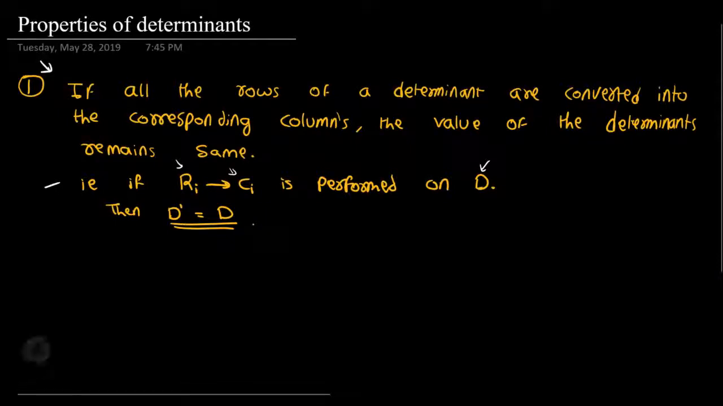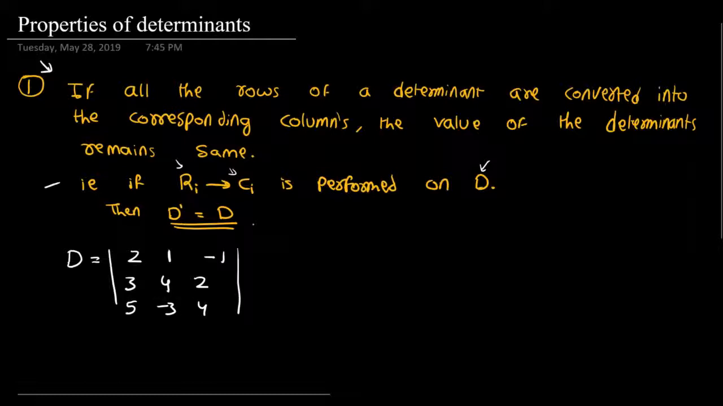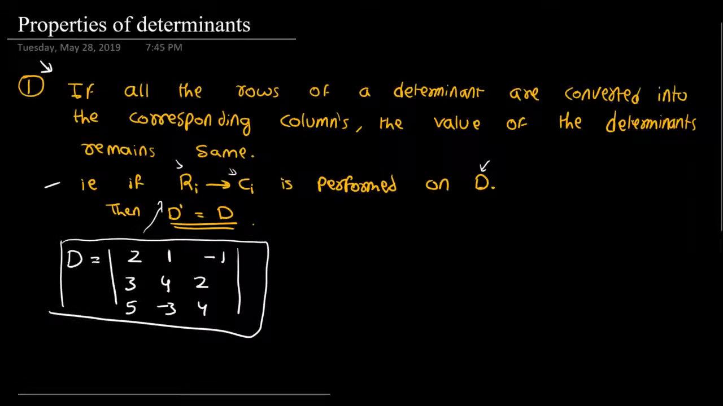Let us take an example where, let us say, a determinant has the value 2 1 minus 1, 3 4 2, 5 minus 3 4. Now if we perform this operation, then the value of the new determinant that we get must be equal to the original value. So let us first find the original value for this determinant, which will be equal to what? You do 2 times 4 times 4 minus of minus 3 times 2,